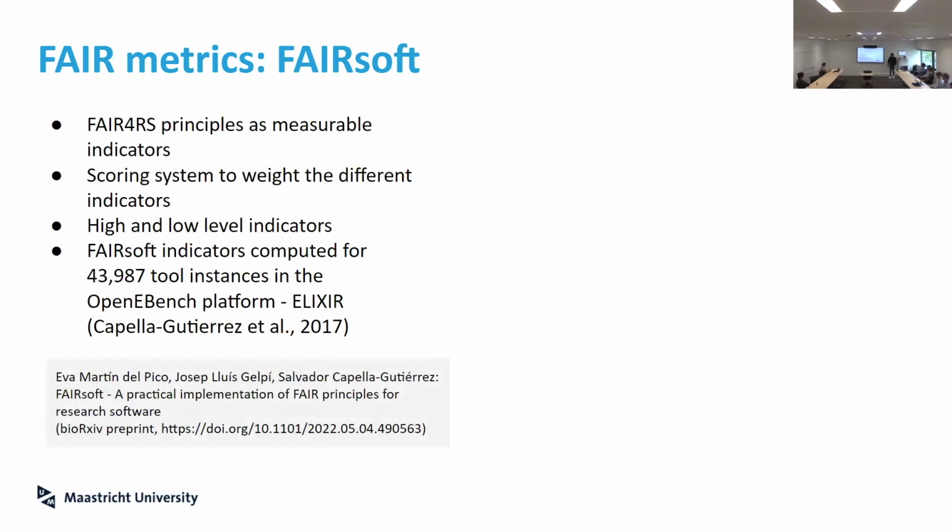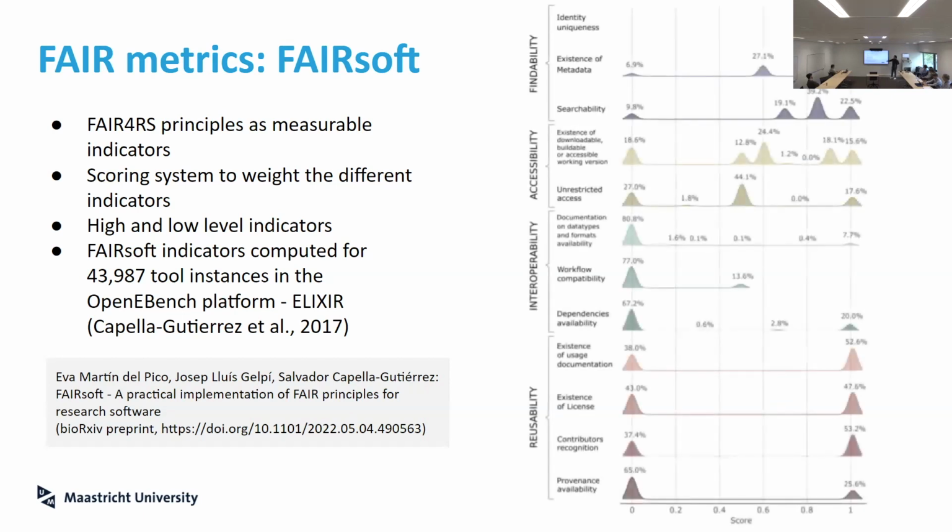Another one very interesting from Barcelona Supercomputer Center. They tried to map the FAIR for research software indicators that was already recommended by Research Software Alliance into kind of a scoring system. Again, it's a binary choice where if you contain or you're able to do this or not with software, and then they assign a score. Now, the score is weighted with the high level and low level indicator. But to give you an example,